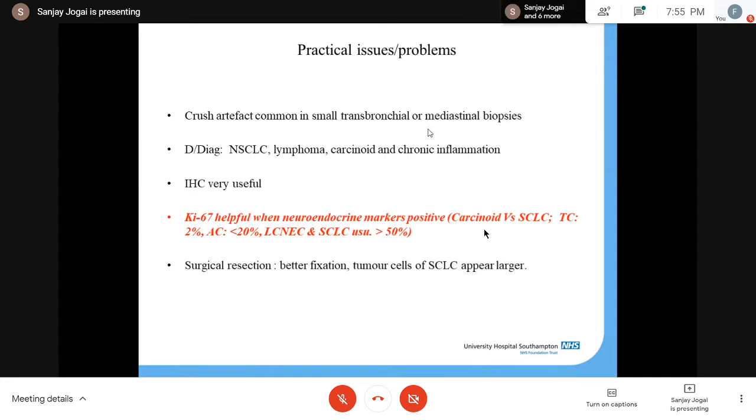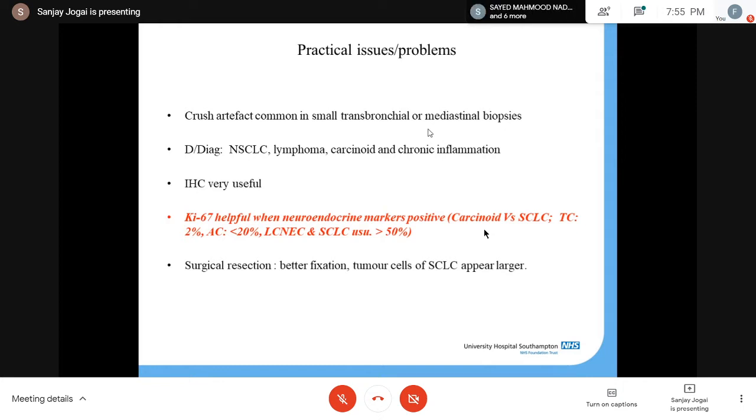Now a quick word about immunos here. From time to time we will come across cases which are both synaptophysin and chromogranin negative. They show a very high Ki67. In those instances, CD56, I feel, in lung pathology as far as neuroendocrine tumors are concerned, is the single most important area where CD56 plays a role. Because if you have negative synaptophysin and chromogranin, but a positive CD56 with high Ki67, you can call it